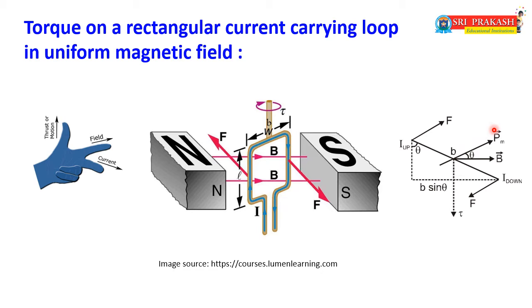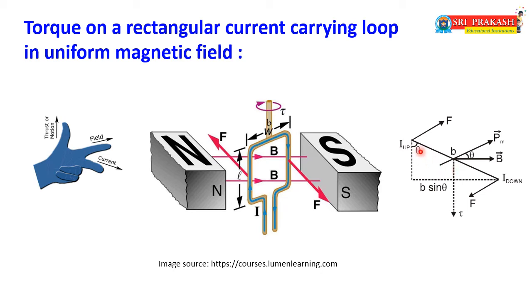So here it is normal, and this is normal to the plane of the rectangular coil, and with the magnetic field it is making an angle theta. If 90 degrees, then it is 90 minus theta. So if it is 90 minus theta, then this is theta, and here also theta. I hope you understand. If you did not understand, go a little bit back and listen again, definitely you can understand.